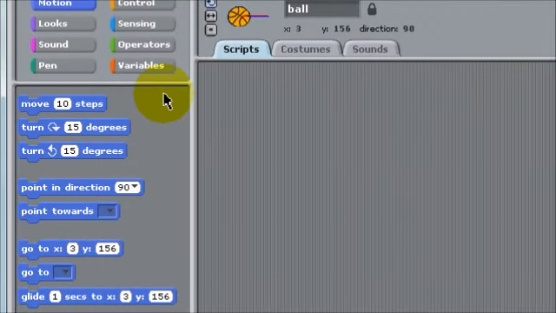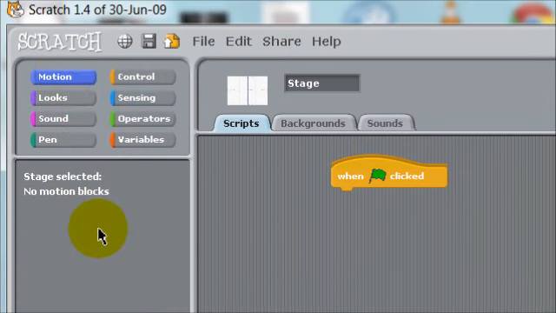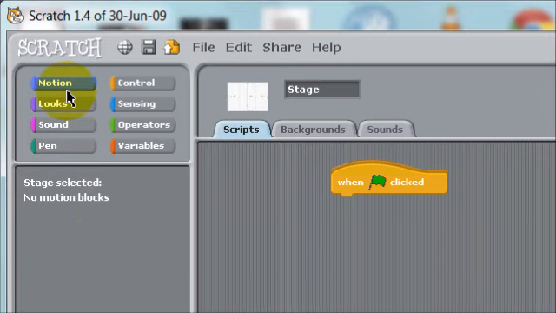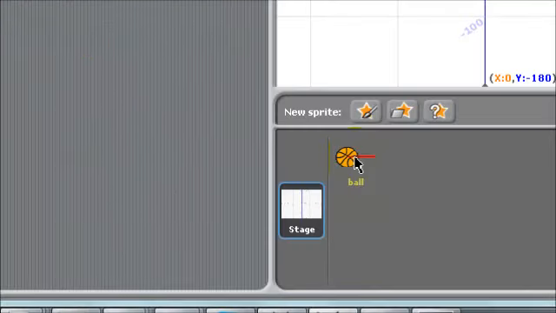What I did was I clicked on the background there. Let's see, if I click on the background and I click on motion, there's nothing there because basically you can't move the background around the screen, right? So there are no motion commands for the background. So make sure you're clicked on the sprite that you want to move around the screen. So I'm going to click on the ball,